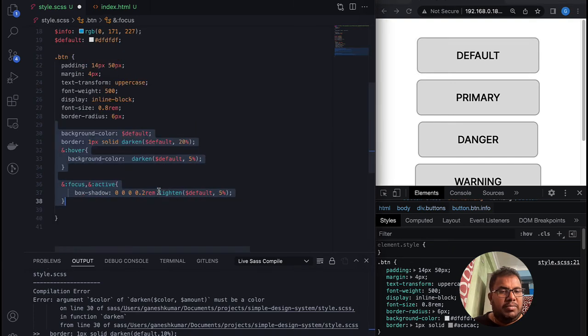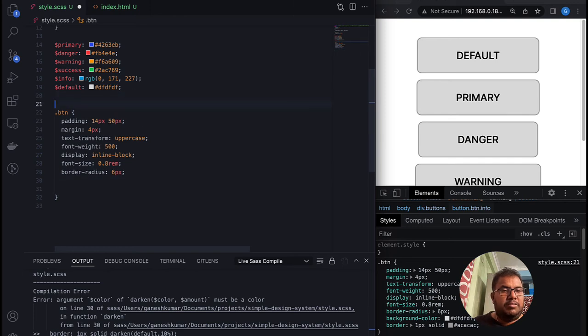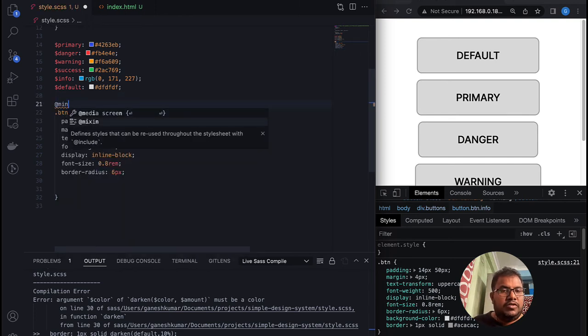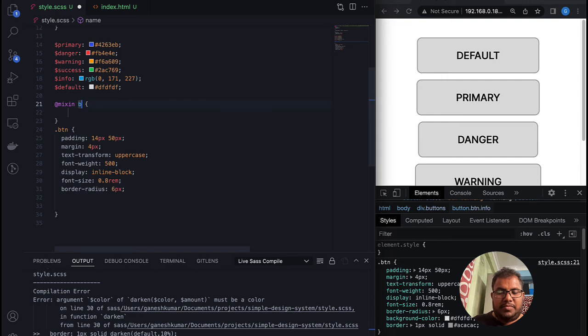You don't need to repeat in CSS since you are already using variables everywhere. So you can copy these and put it in a Mixin. A Mixin takes a variable, and you can reuse the same styles in different classes. So button style, button theme, I want to pass in the